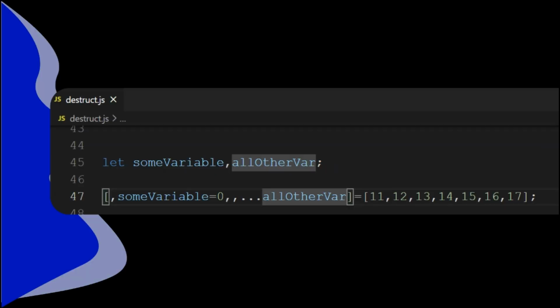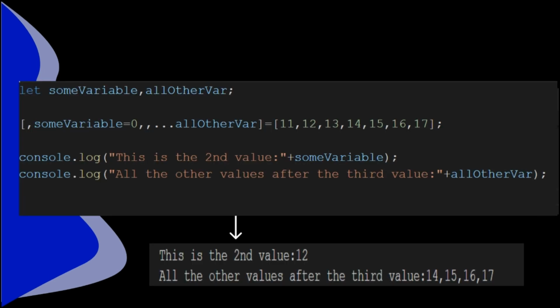And now finally the last example. This example kind of summarizes all the other examples that we saw earlier. So we can see how in this example we have the default value part, the empty commas part that are used to ignore values, and the rest pattern part, all squeezed into one destructuring syntax. Notice something different: the array 1 is missing and rather we have this raw array data on the right hand side. And this is how the output looks when we print the two variables.